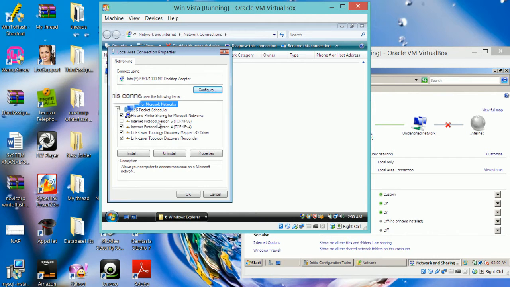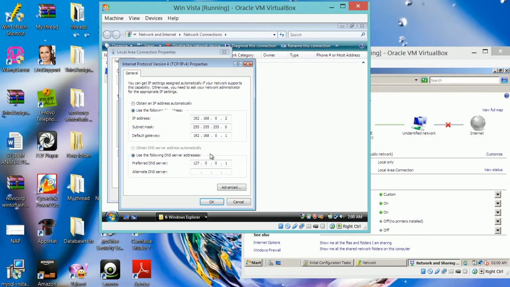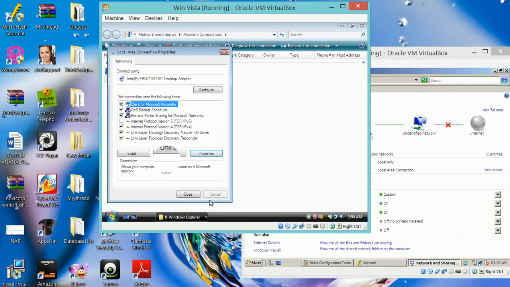We deselect the IPv6 and we select the IPv4 and you click properties, and we give this machine an IP address that is the next number to the one that was set by the server. The server got the first address, which was 1, so this machine we'll give number 2. The default gateway would be set to the server address, and we have our loopback. You click OK, close,